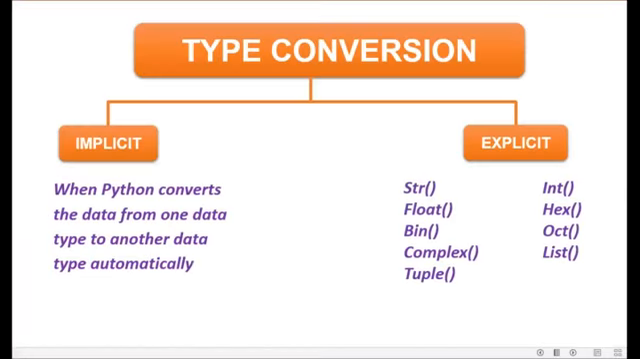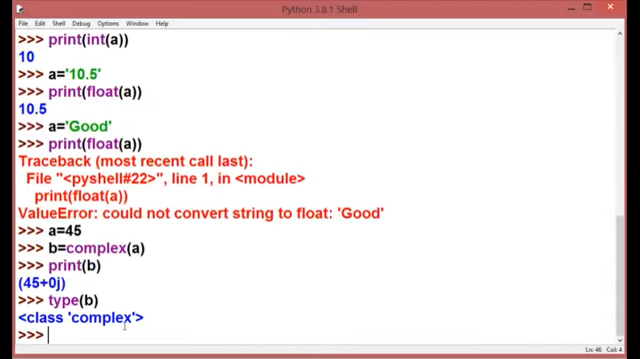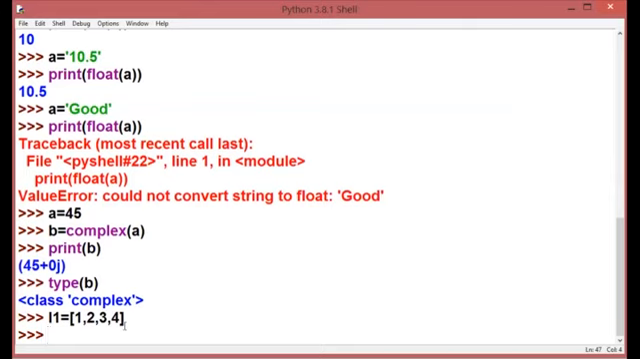Now we shall move upon list and tuple also. These are my sequences. Okay. So now I am going to take one list. L1 is equal to 1, 2, 3, 4. Now I am going to convert it into a tuple. So T1 is equal to